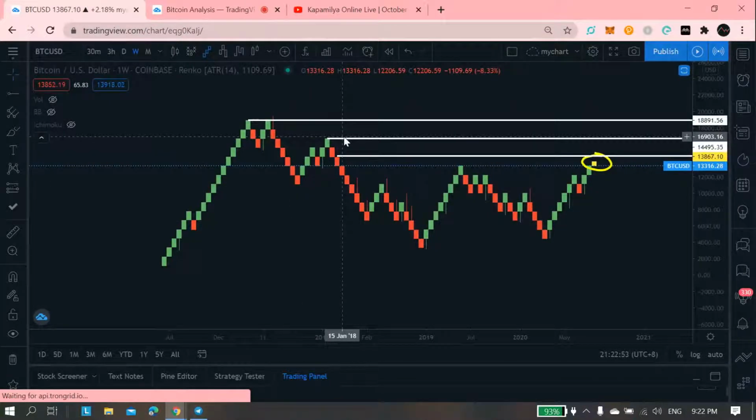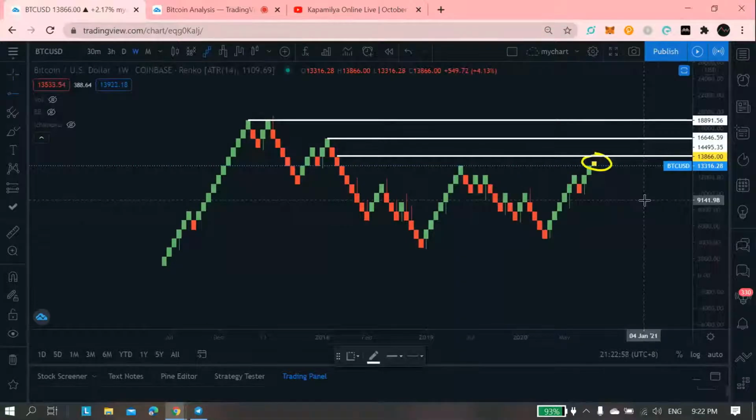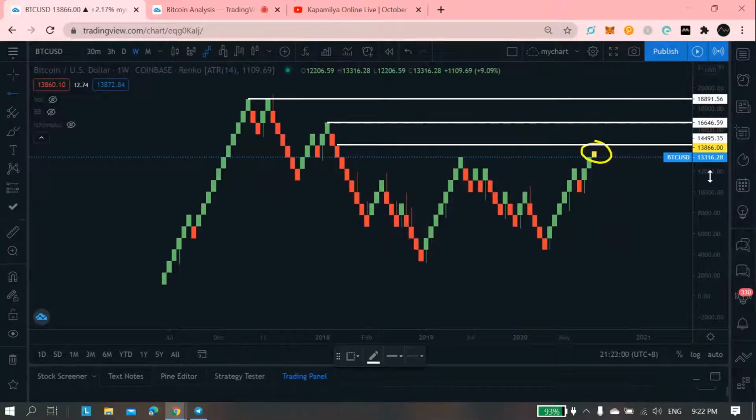The support I'm currently looking at, we're currently at 13,866.63. So this blue line, the 13,316 using the weekly time frame, is the support I'm looking at. If it breaks that level, of course, then